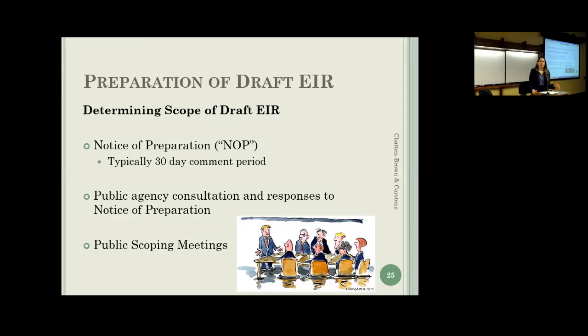So prior to preparing the draft EIR, the agency does a notice of preparation, and this is giving the public a period to comment on what the scope of the EIR should be, what impacts the public thinks need to be addressed in the EIR, and it's also a great opportunity to suggest alternatives that should be studied in the EIR. They're not absolutely required to analyze those, but it's a really great opportunity. If you think a project's going to have an impact on a historic resource, you should add that. In the scoping period, it would be great to suggest a preservation alternative.